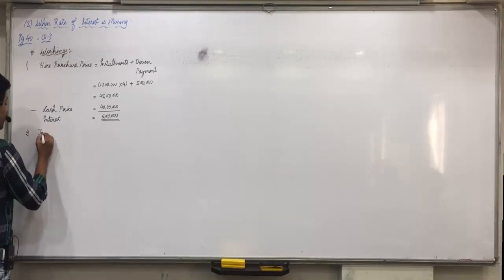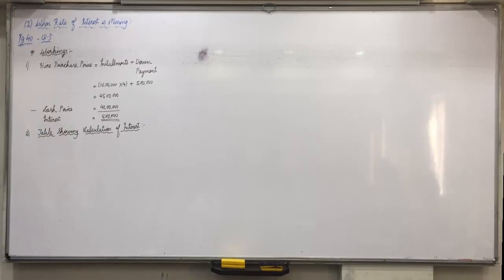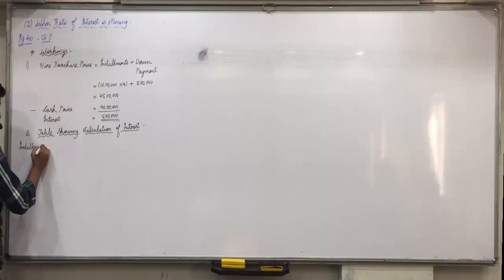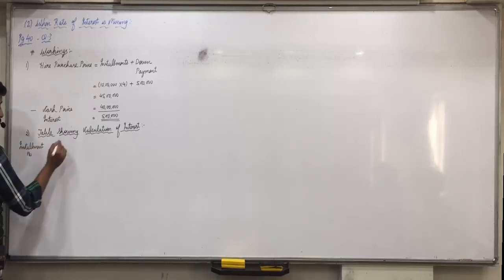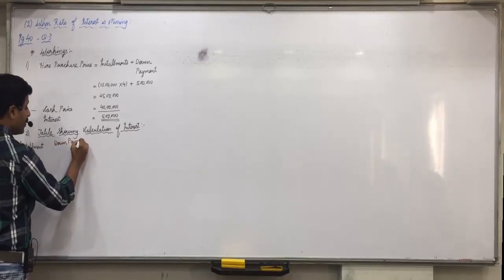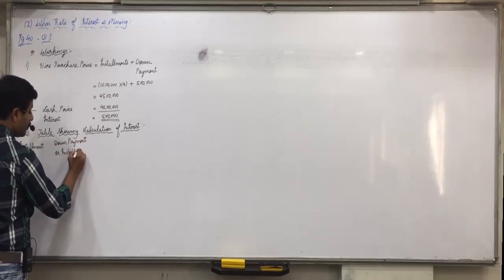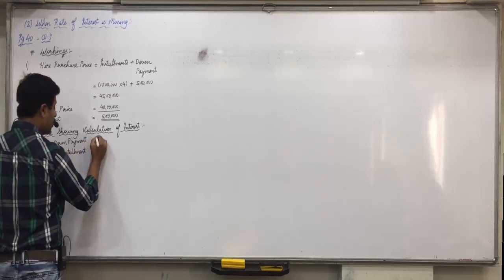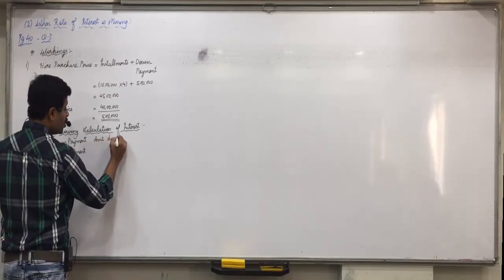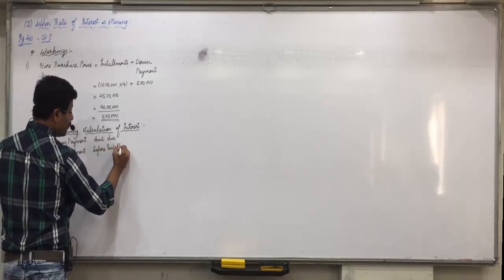So table showing calculation of interest. Okay, table showing calculation of interest. In that the columns will be installment number, then down payment or installment amount, then amount due before installment, then ratio,